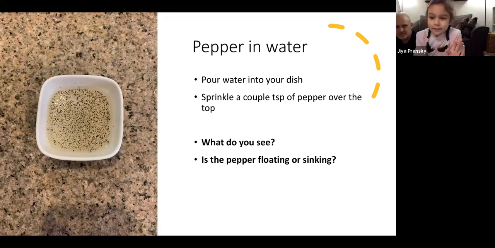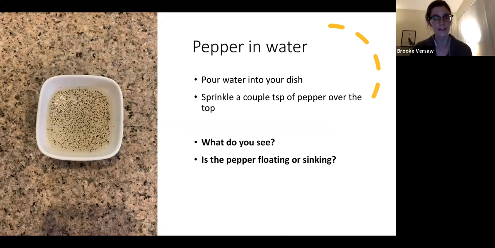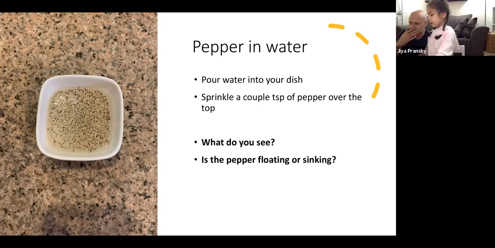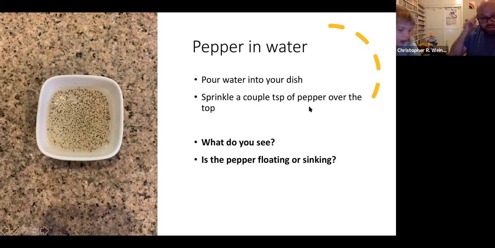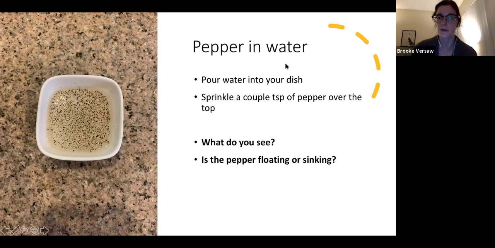Pepper's light. It is very light, that's true. But could it also be that it's a little bit like the bug that could sit on the top of the water? Some of it is sinking and some of it is floating. Why is the pepper spraying? That's actually related to what we're about to talk about. So the pepper is going to be floating on the surface, and some of you may have observed that it's spreading out over the surface too.